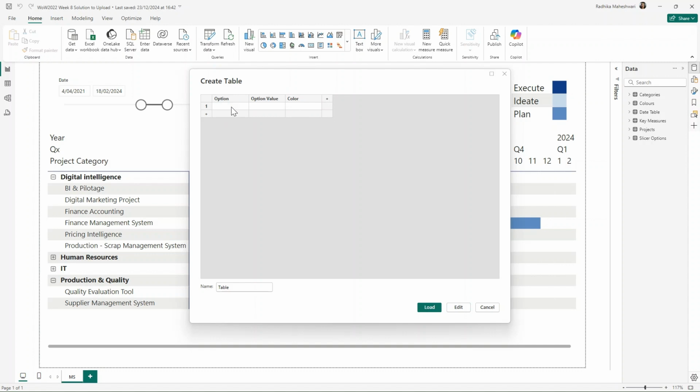So first we have project category. And in project category, we have multiple values like digital intelligence, and the color for this one is this one. Then again, we have project category as human resources,